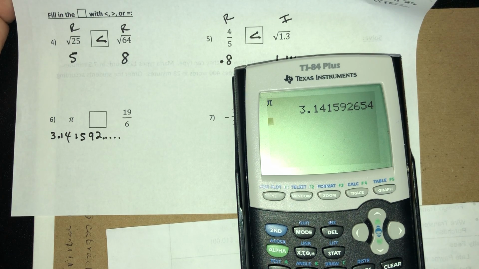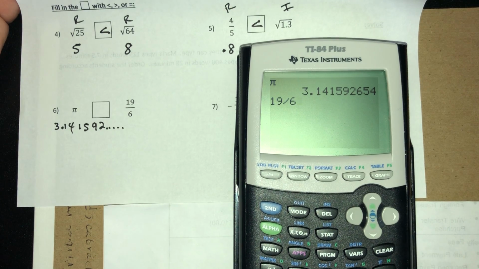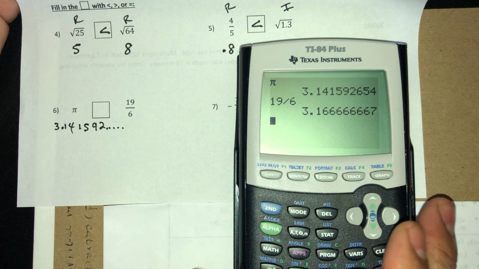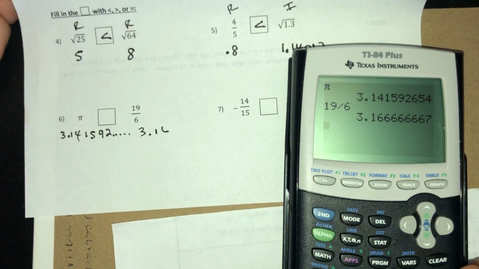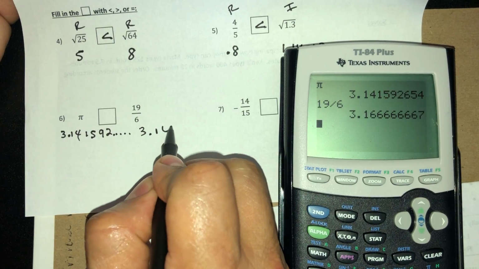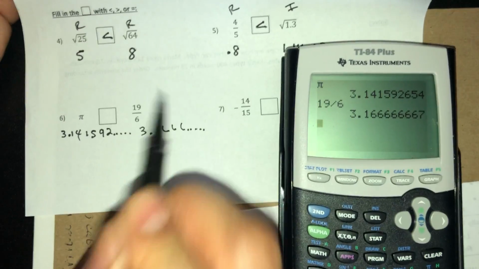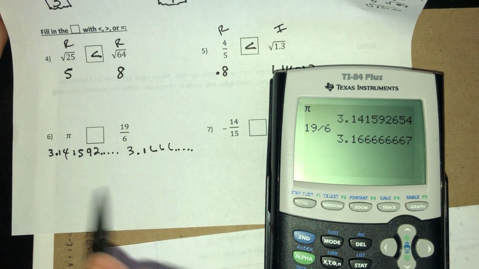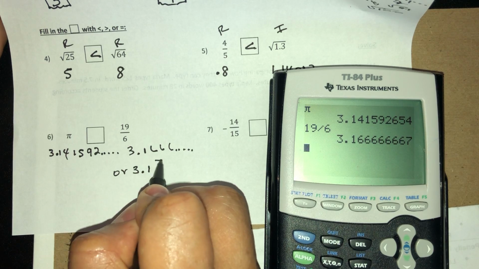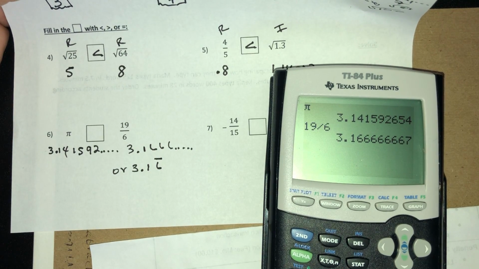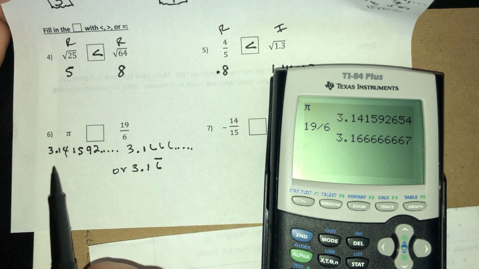Now I'm going to divide 19 divided by 6 to see how that is in decimals. And what do I get? Hold on. I get 3.16, okay? 3.16, and you see that goes on forever. 6, 6. So you can just write it like that, okay? You can write it like that, or you can write 3.1 and put the bar on top of the 6. That means that the 6 repeats forever. You can see that